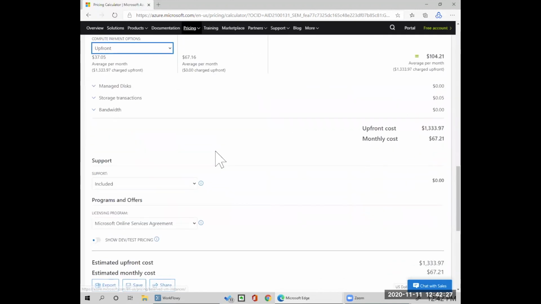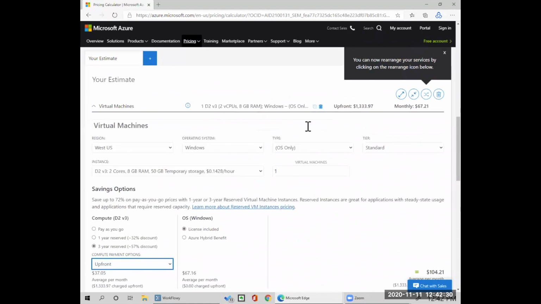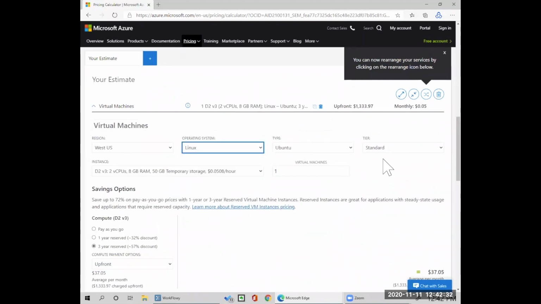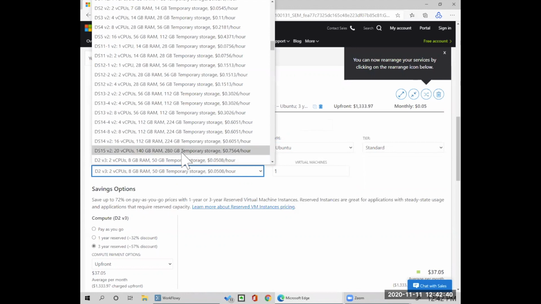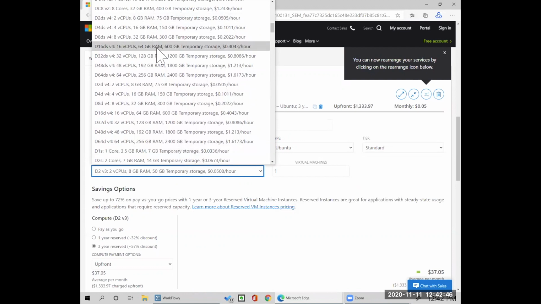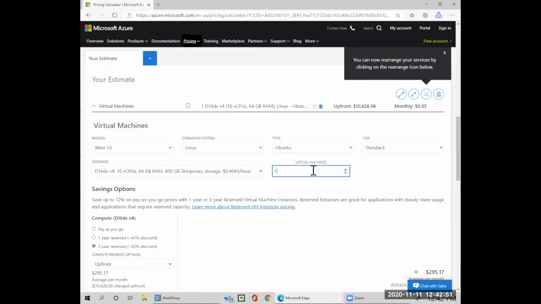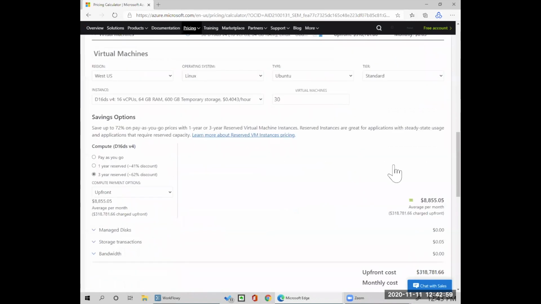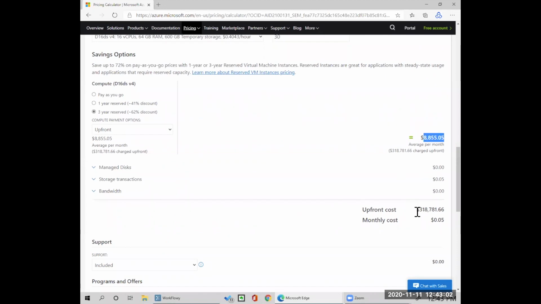No license, I don't need the license, I just need Linux, Ubuntu. I'm definitely going to want 16 CPUs. Yeah, 64 gigs should be okay. And I want 30 of them. It's $9,000 a month. That's $300,000.